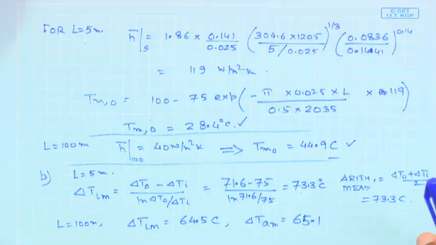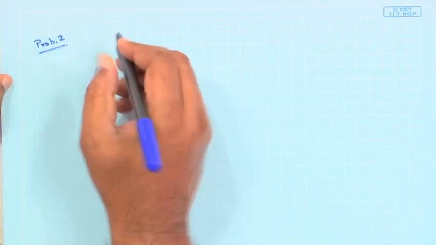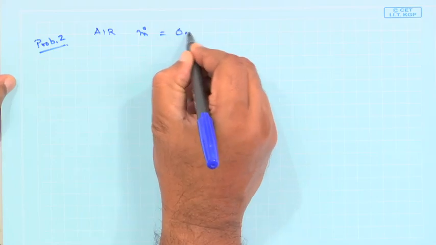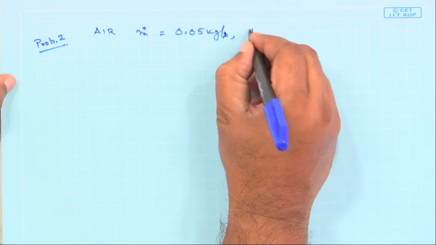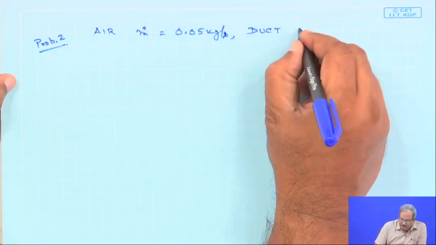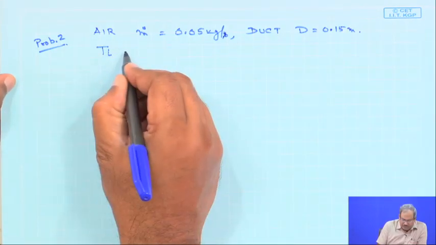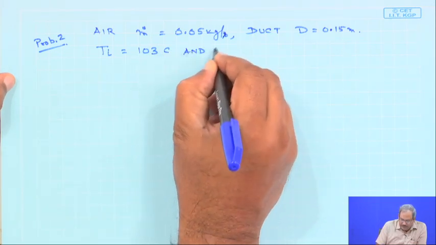Now, in the remaining few minutes I am going to solve one more problem quickly, and then we will move to something else in the next class. So, this is problem 2. It is air which is flowing at a mass flow rate of 0.05 kg per second through a duct whose diameter is 0.15 meter. The inlet temperature of the air is 103 C, and after